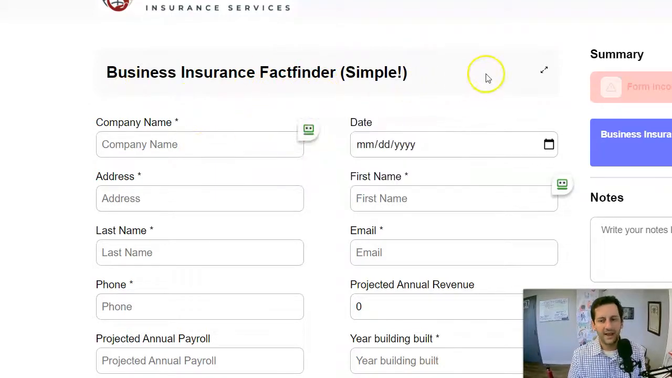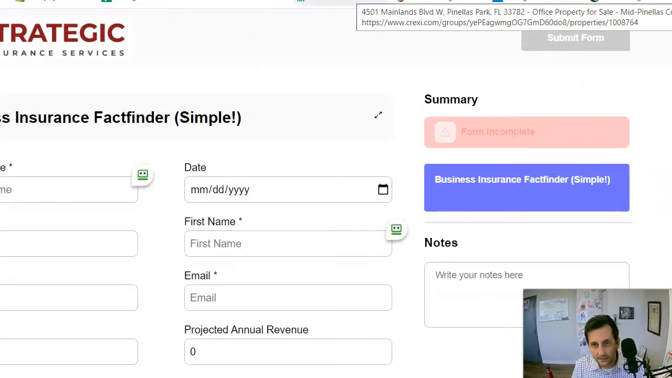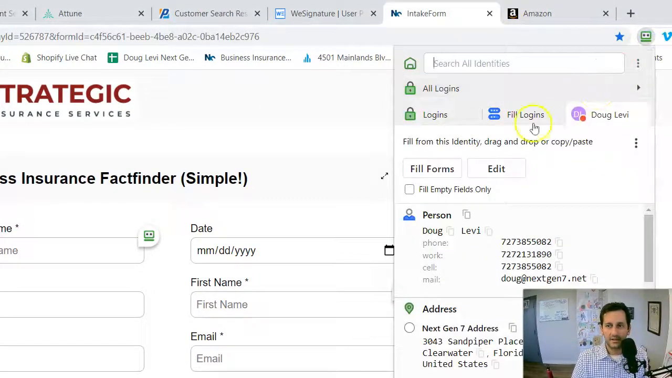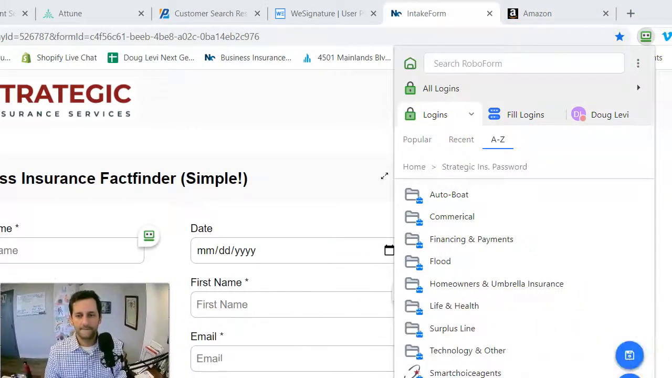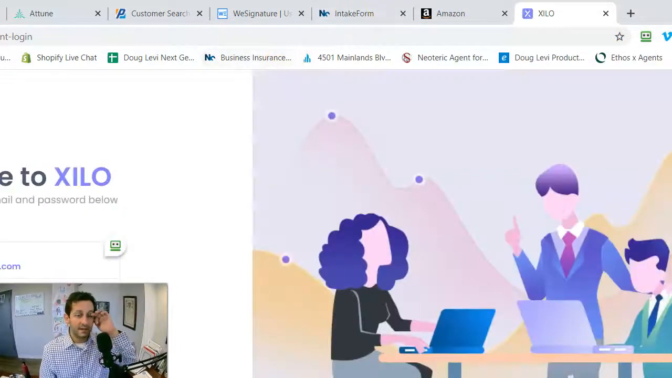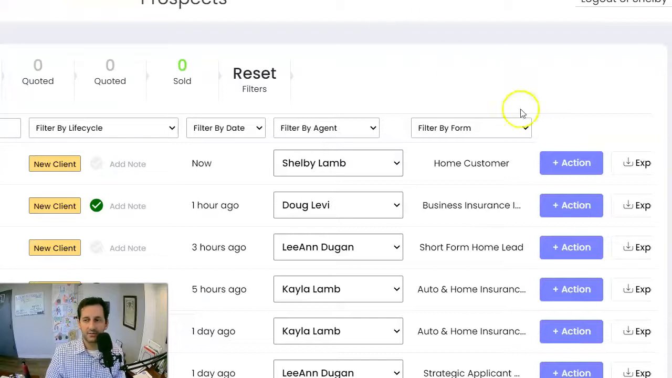And from this point, just to give you an idea of what would be needed for my commercial peeps out there, you would do the Factfinder and submit the form. There's a little form submit up here. Then you would go into Xylo, which is right on our RoboForm list. In Xylo, you would then have this form in a PDF. And at that point, you have a lot of the basic info that you need